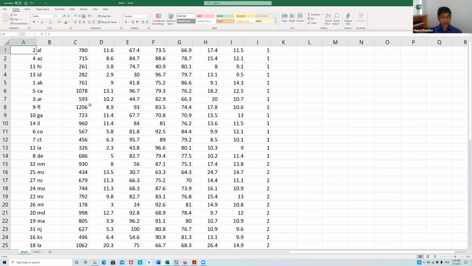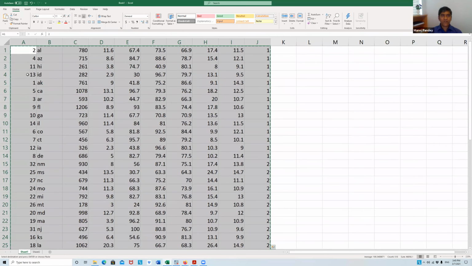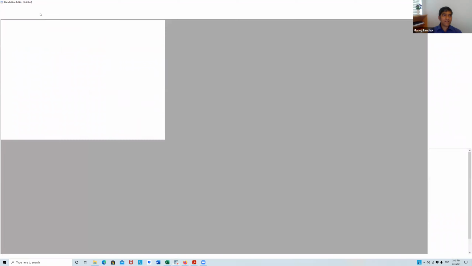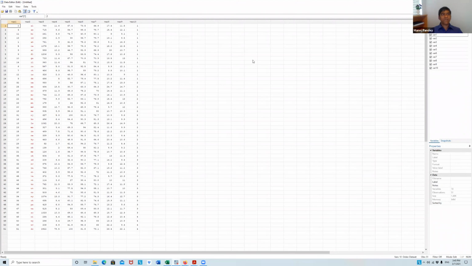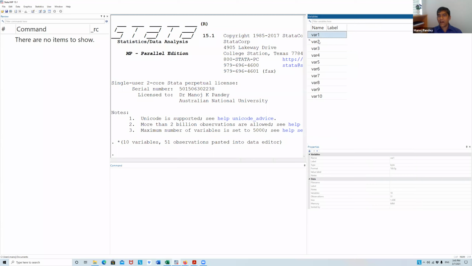If you remember yesterday, we do Control C, select it, Control C, go to Stata, and paste it here. By default, the names of the variables will be var1, var2, var3, var4, var5, var6, and so on. But then you have to name them.